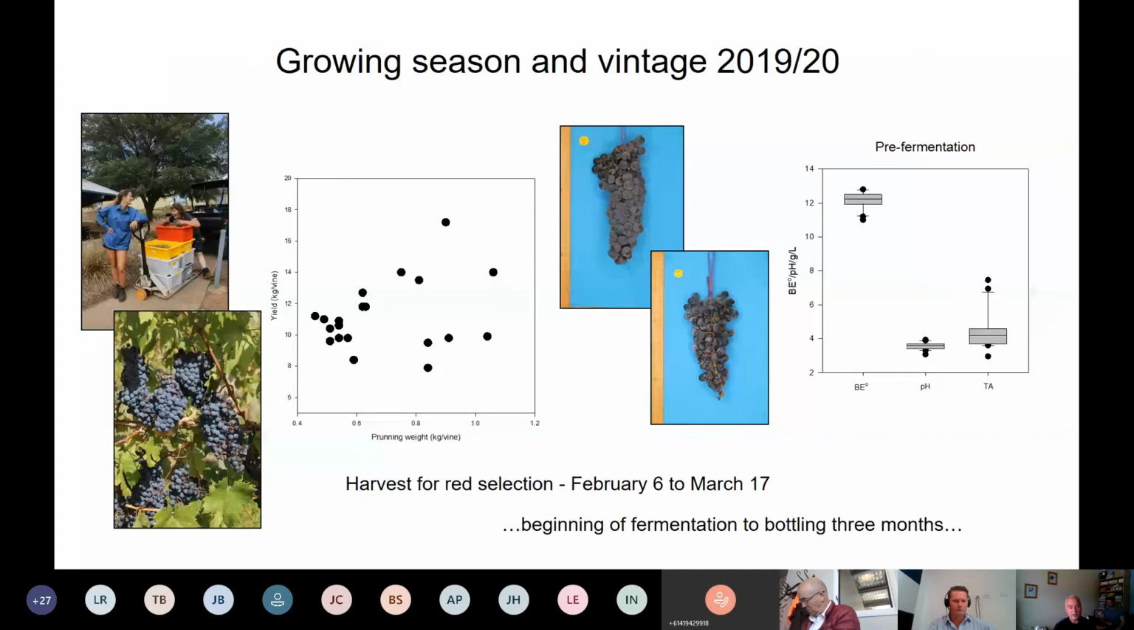So this growing season, as I said, was an interesting one. We did make some whites, but the focus really is on the reds, because this is only the second full season for the reds of all selections. So you can see the yield varied between 18 kilograms and